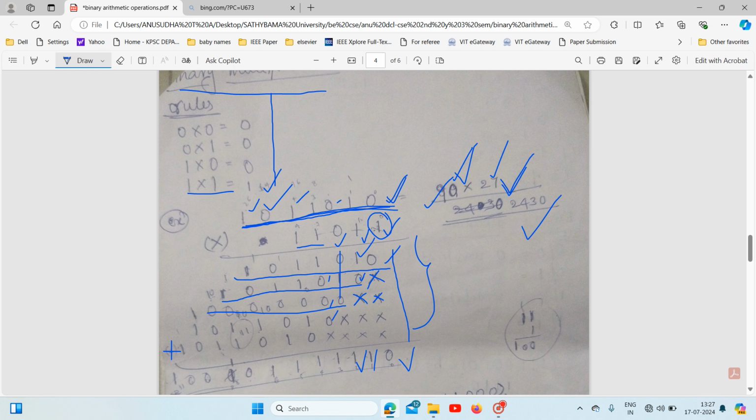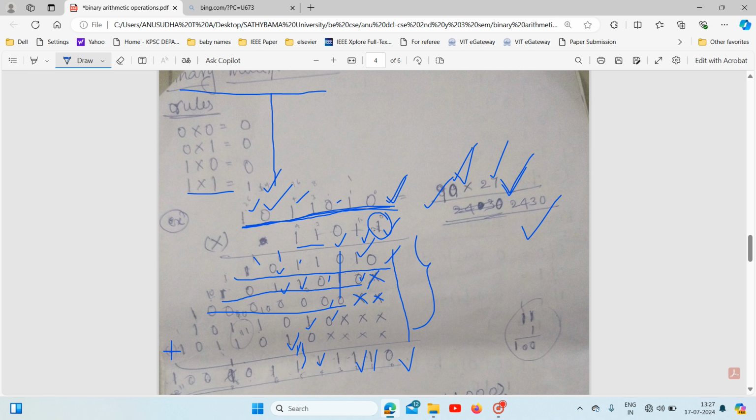In the fifth column, I have 3 ones. So 1 plus 1, the result is 1 0. The 1 0 is added with 1. The result is 1 1. You place 1 here, and the carry is 1. Again 1 is added with 0, the result is 1. Again the 1 is added with 1, the result is 1 0. The 1 0 is added with 1, the result is 1 1. The first bit you put in the result, the second one is carry.